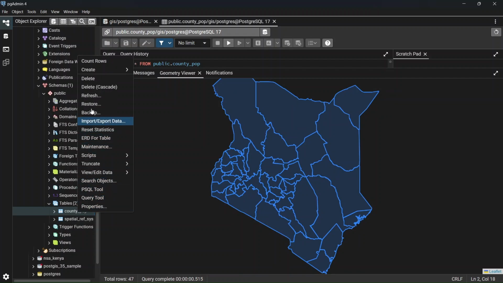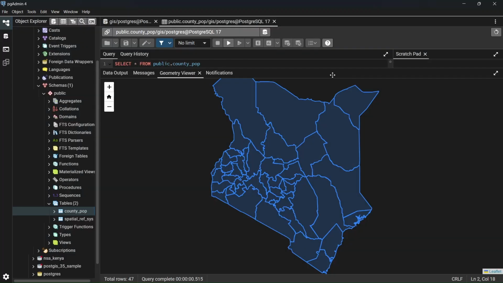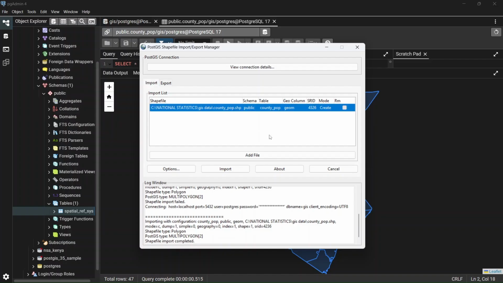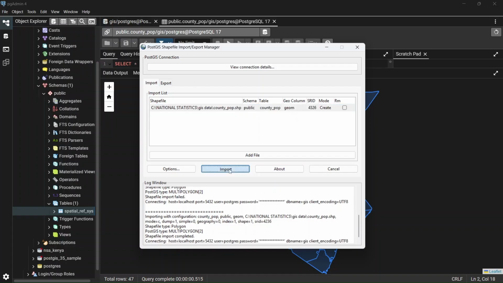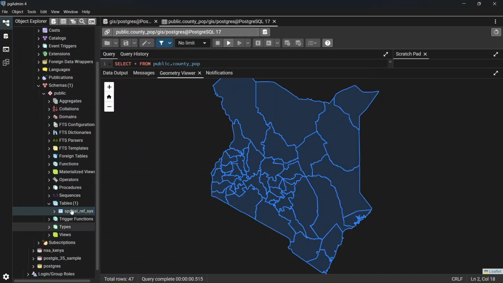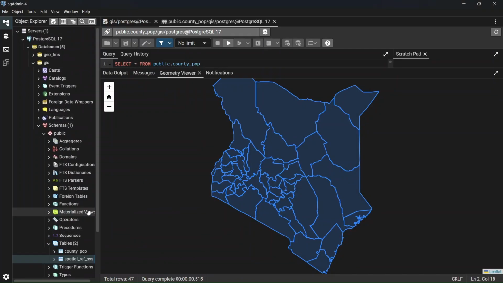Okay, let me just drop this. I'm going to delete this table. So I'll go back to the PostGIS bundle. It's supposed to be 4326, so 4326 like that. And then click on import. So completed to import that. So if I come back to refresh,